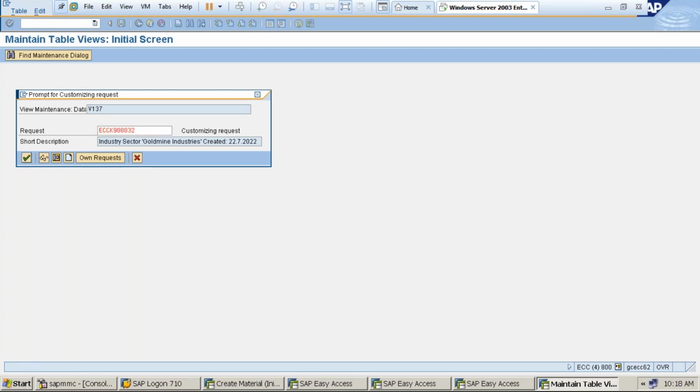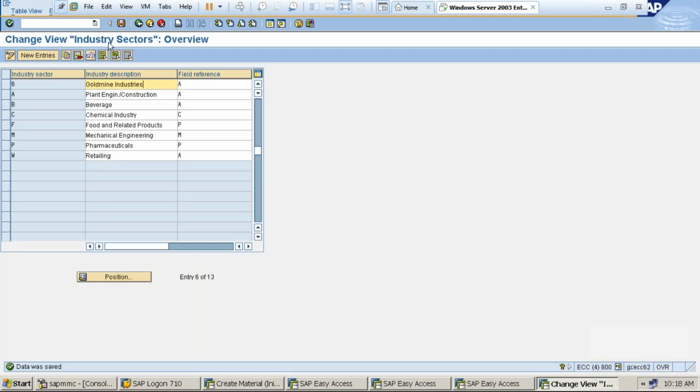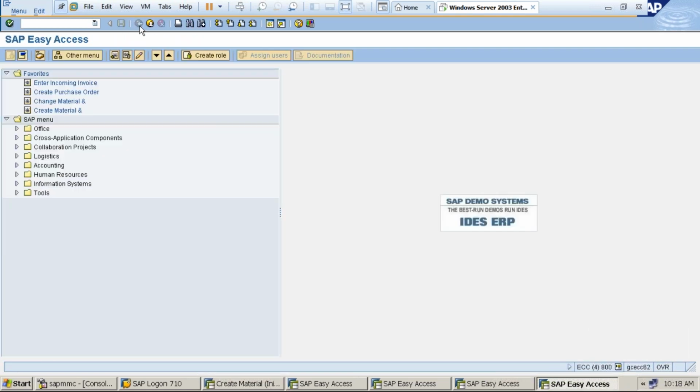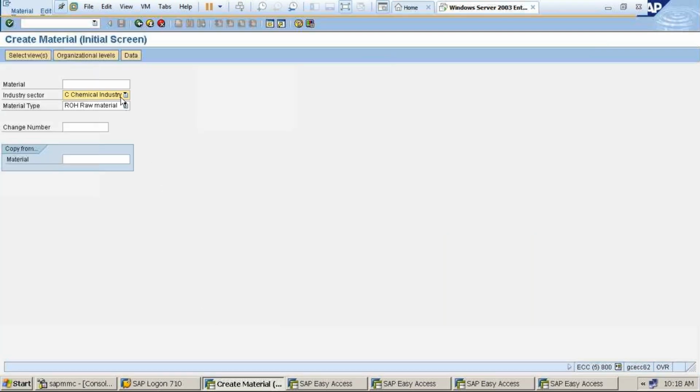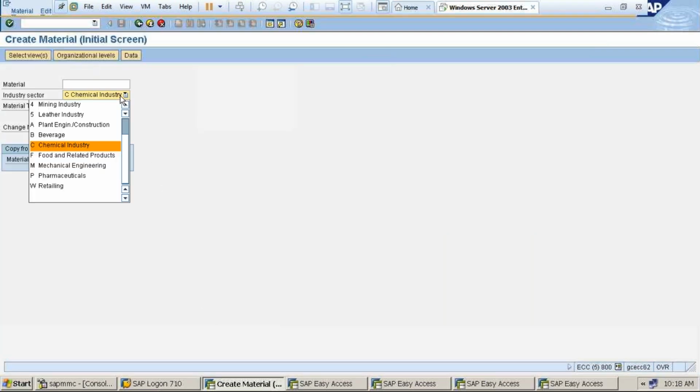So what you will do is go back and check whether the material has the gold mine industry or not. If you see here, after 5, 6 is not there.